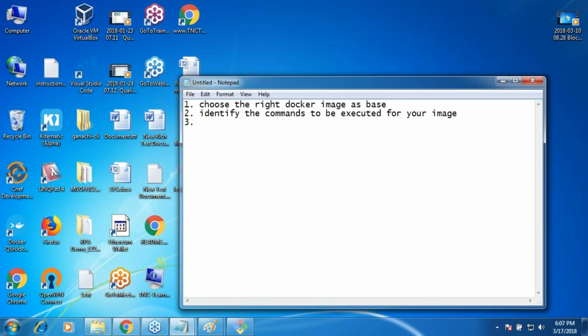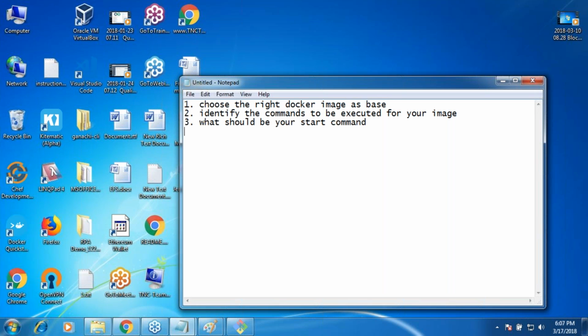And the third thing which you need to know is what should be your start command. This is very important, because if your start command is like echo, what will happen? Your container will start, print the output, and kill itself. So what should be your start command? These are the three important things, three simple but yet very important things. Whenever you are writing your image, these are the major features you will consider. What is going to be my base image? And to make my application work or create an image out of that application or of the existing image, what are the delta commands which I need to do? And what should be my start command?